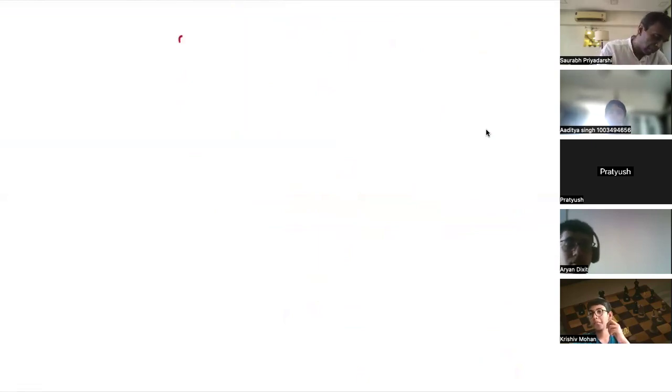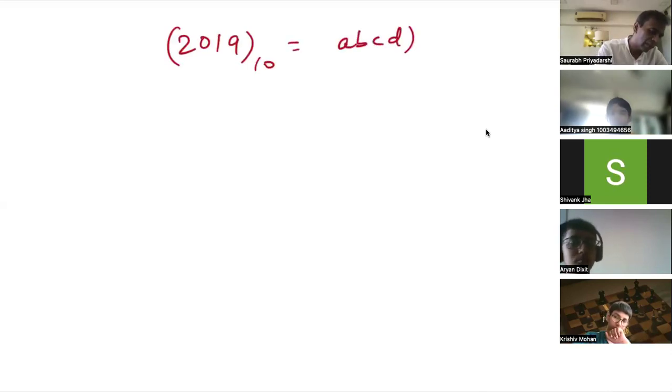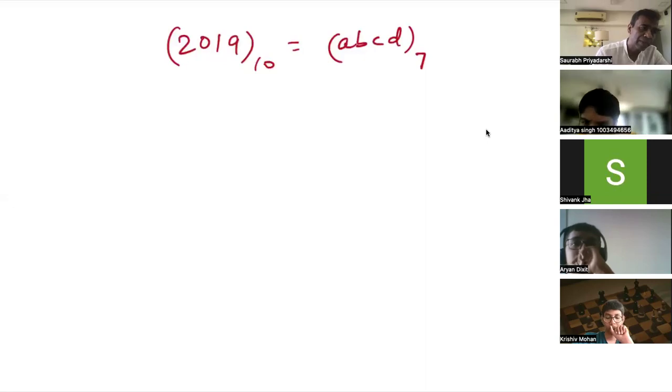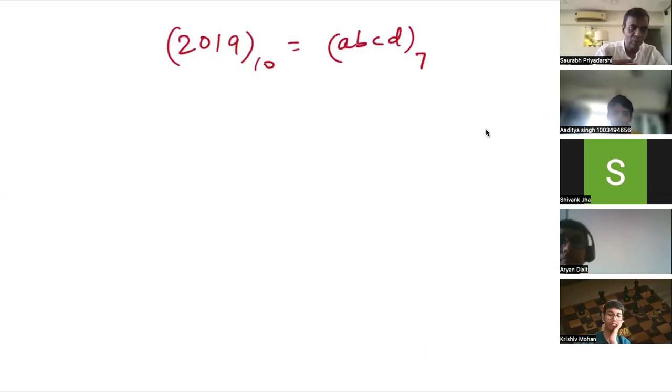I find this question very lovely. 2019 with a base 10 is given. We have to write down the maximum sum of the digits with the base 7. We have to convert this 2019 to base 7. And after the conversion, from the numbers you get, what is the maximum sum of the digits you will get from that,